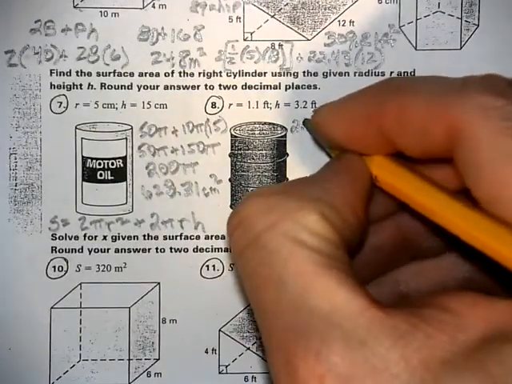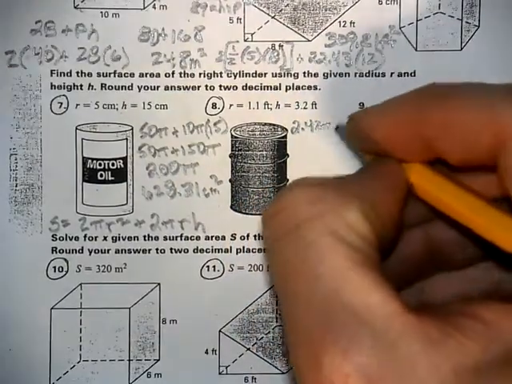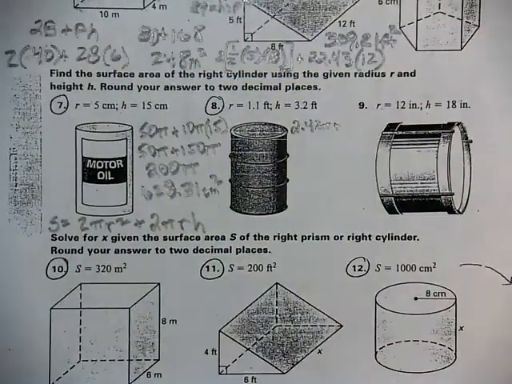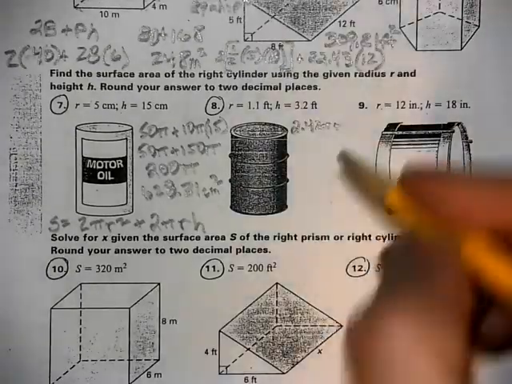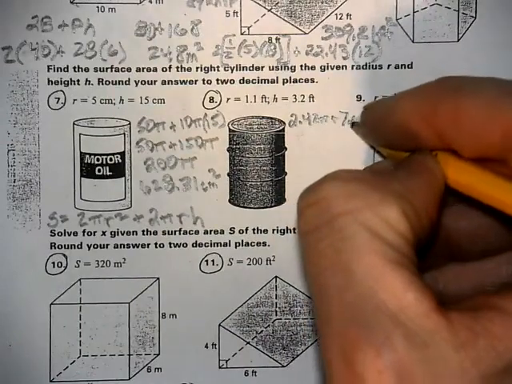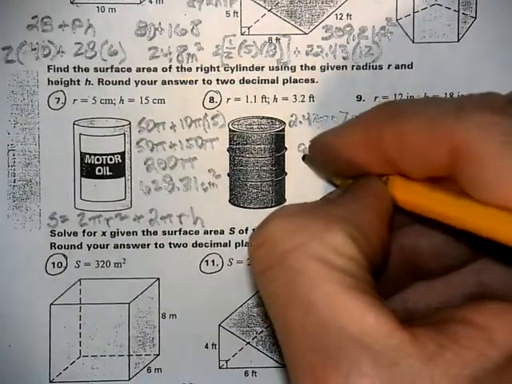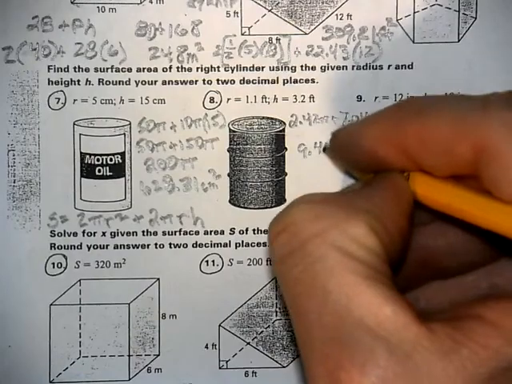We're going to get 2.42 pi, and we're going to have 2 times the radius times the height. And that's 7.04. So that should be 9.46